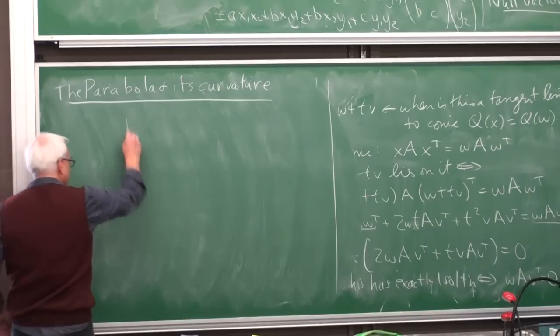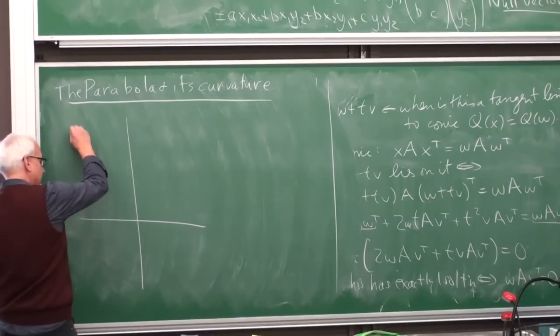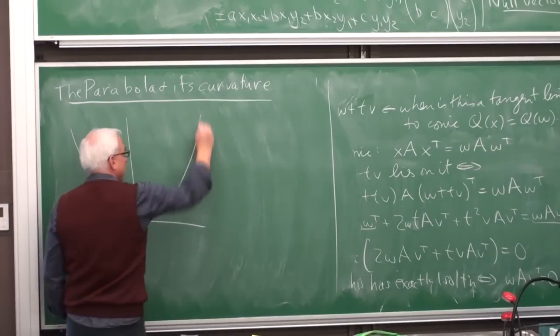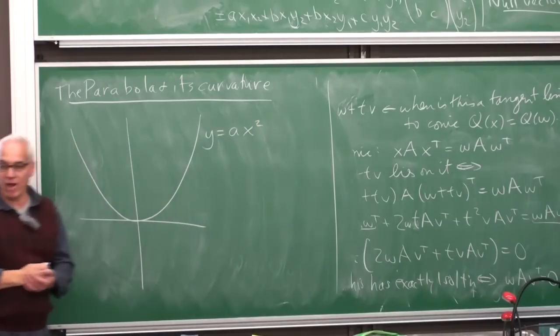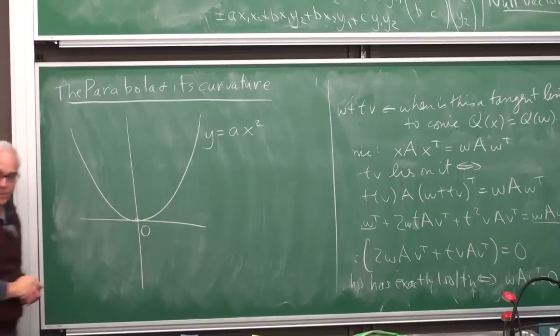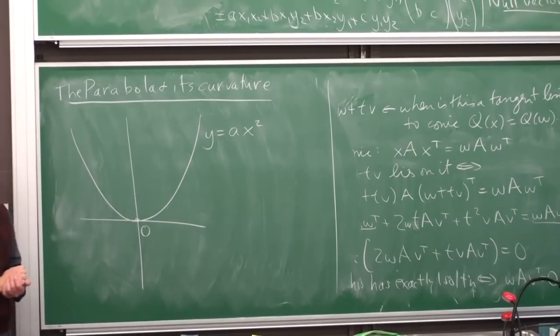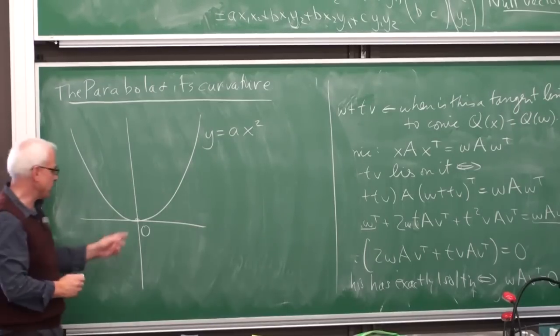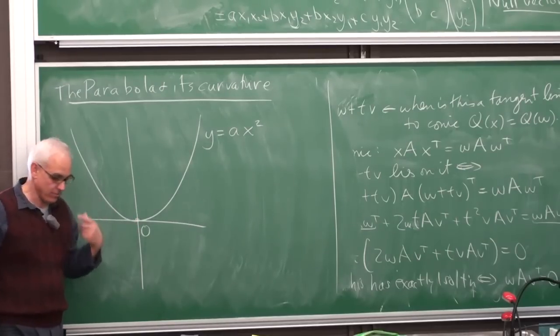So we're going to start with a very simple case, just a sort of a first study, and look at a very simple curve, perhaps the simplest one besides the line, a general parabola. Y equals ax squared going through the origin. And what we're interested in, the question is, how curved is this thing at the origin? What does that mean? It's somewhat curved, but how do you say what it is?